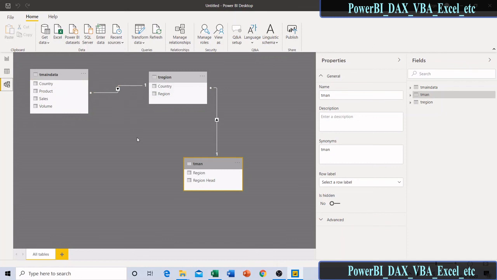In case of one-to-many, in this case we can see that the country is unique here, but here the values of countries are not unique. So it is a relation from one-to-many. And many-to-many means here also the country is not unique, and here also it is not unique. So star to star means many-to-many. One-to-one, one-to-many, many-to-many. In most cases, the relationship will become one-to-many.